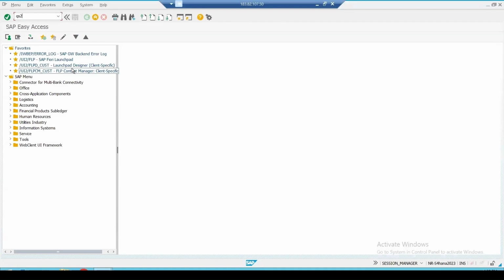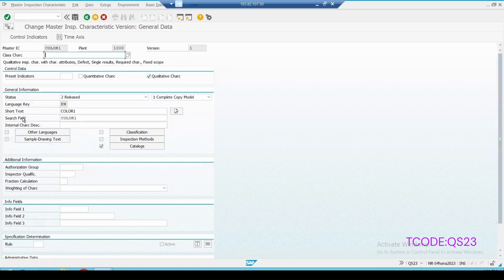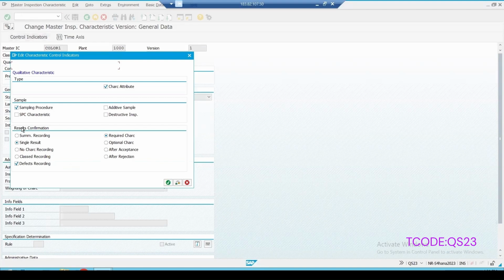The MIC which we will be using, go to QS23, and my plant is, say, 1000 and the MIC is, say, color 1. Qualitative MIC, I have kept it complete copy model, and in the control indicator for automatic defect recording, we select this defect recording option, right? Sampling procedure and characteristics required is there, so I have done that also.